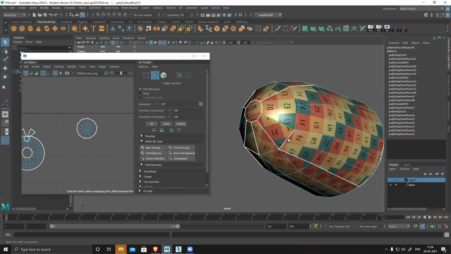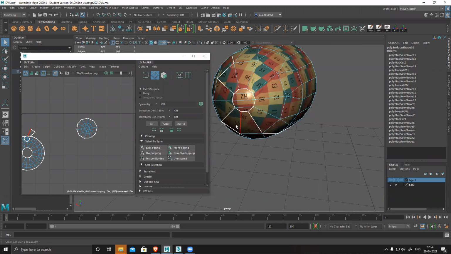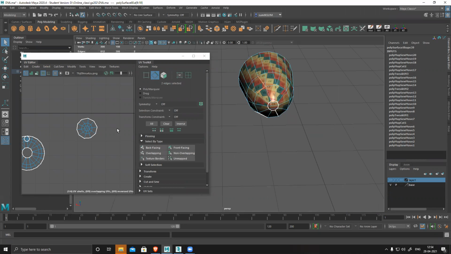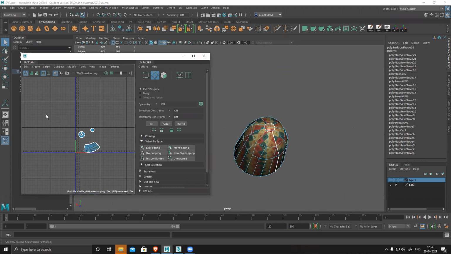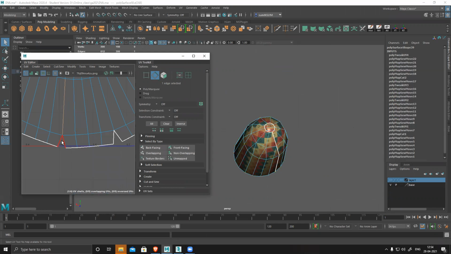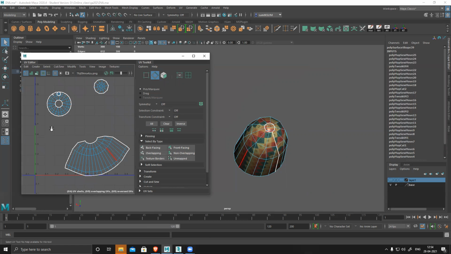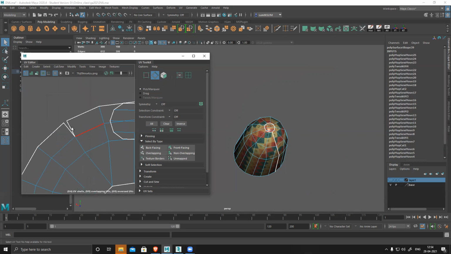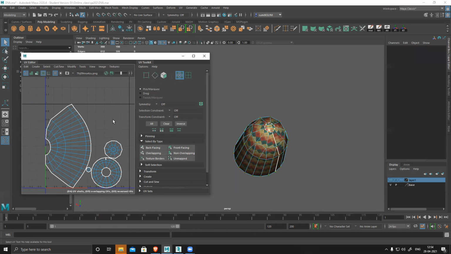This is my main cut. Rest everything I should stitch together. Clean, done.